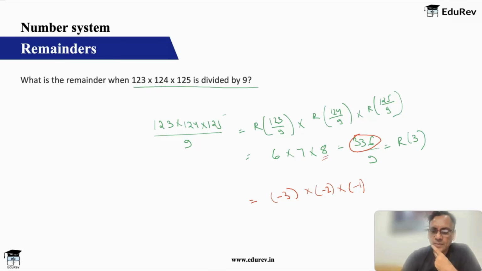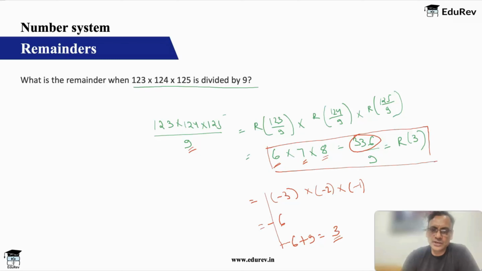8 basically is nothing but -1, 7 is -2, and 6 is -3 because your divisor is 9. So net your remainder is -6. And when your remainder is -6, to convert it to positive, you add the divisor, -6 plus 9, you get 3. So one is this solution